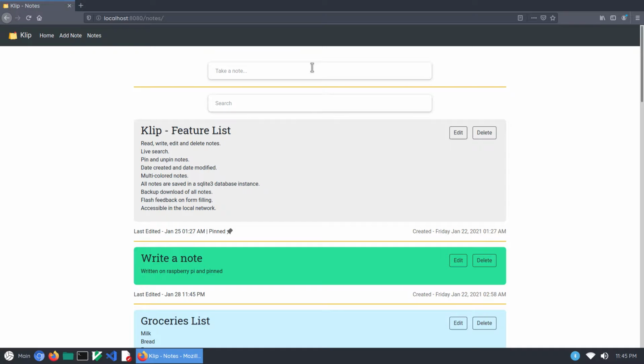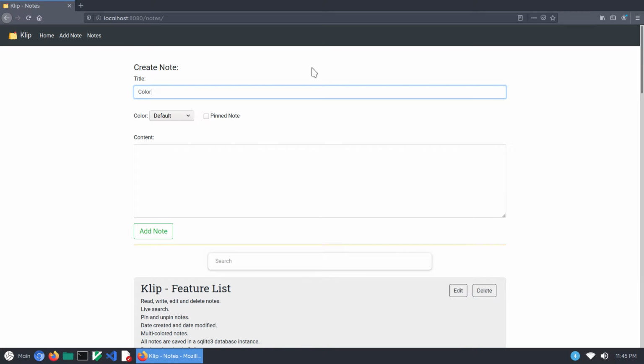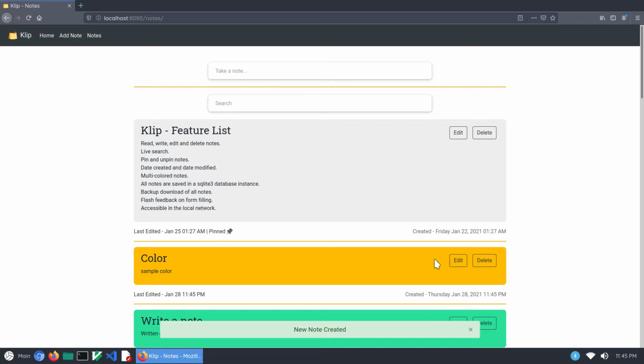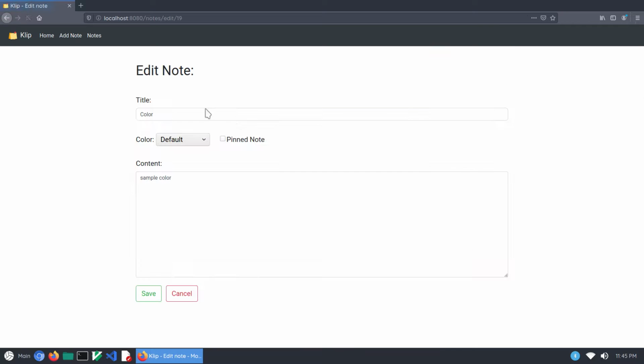So let's take a new note and we'll see the next feature, which is color. We can color code most of the notes in the app, which will categorize them based on their colors. Okay, the note was added. This is the default color. And let's type a pangram. A pangram is a sentence which has all the letters of the English alphabet. And this is a very famous one: the quick brown fox jumped over the lazy dog.